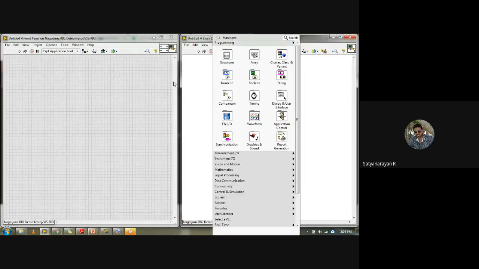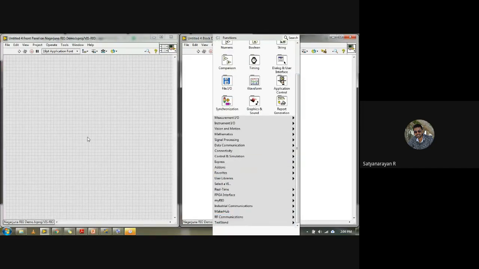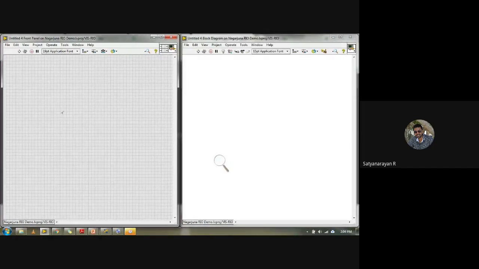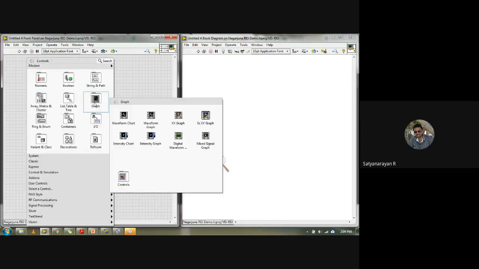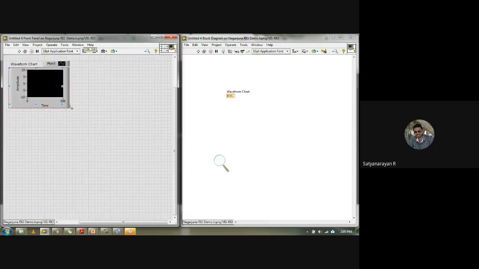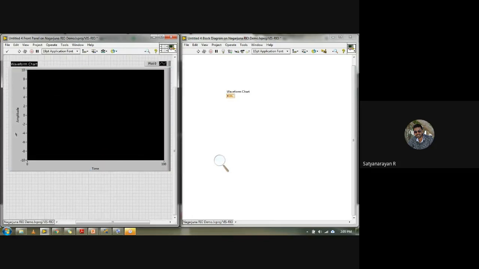For that, I'll right click on the block diagram. First, preferably, we have to design a front panel in LabVIEW before getting into anything else. Here we'll go for a waveform chart in order to display the waves, meaning the axis values.